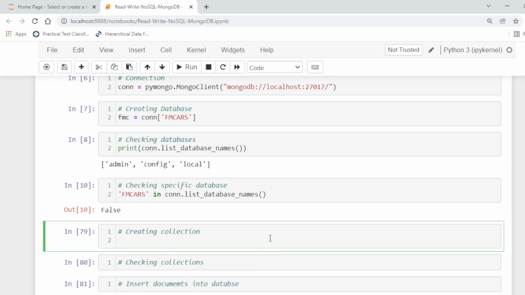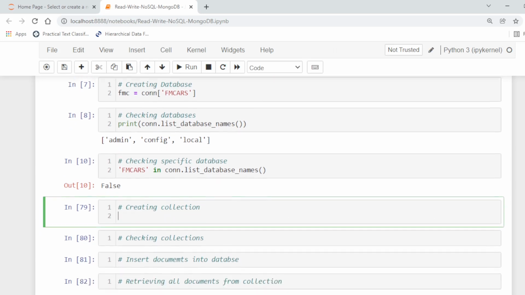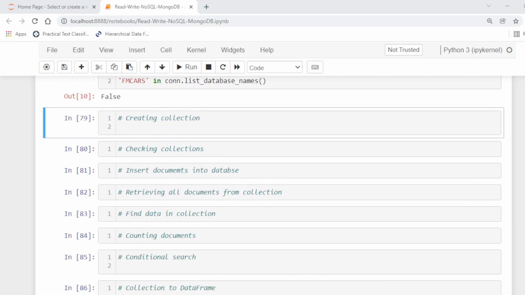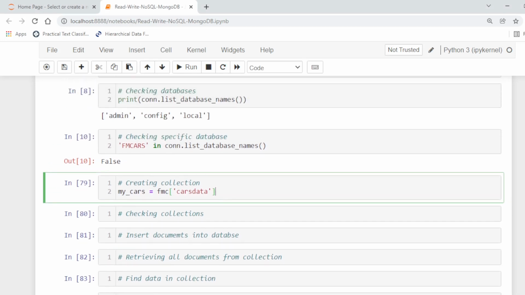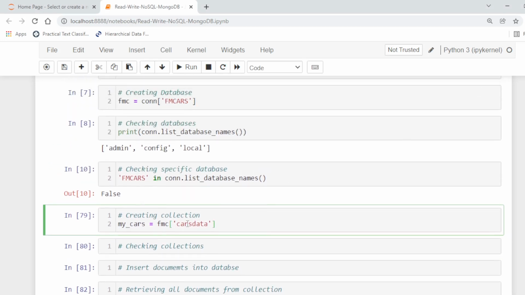Now we want to create a collection. A collection can be created like this, in a simple way. We will use the instance of the database, and here cars data is our collection.